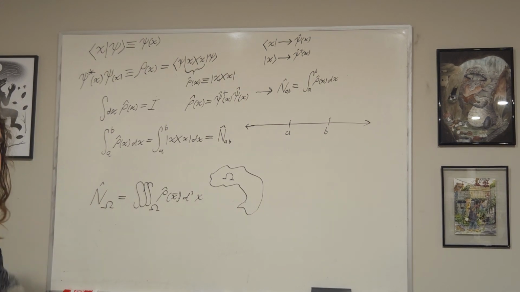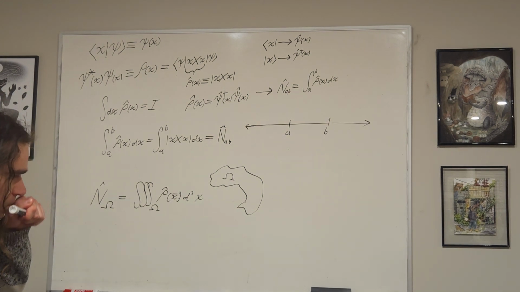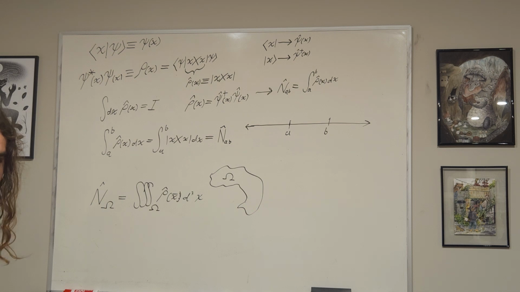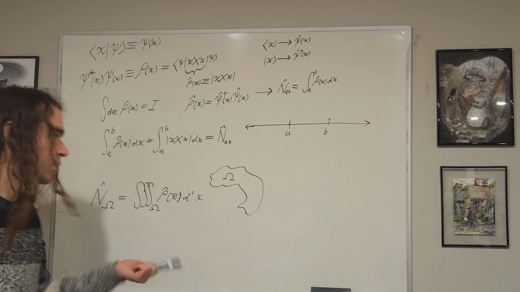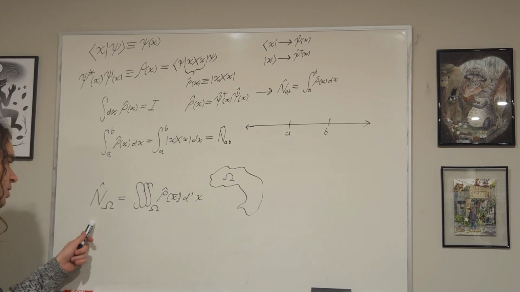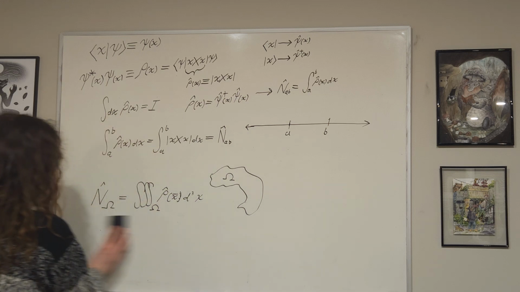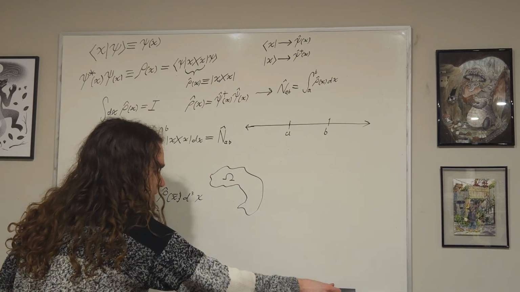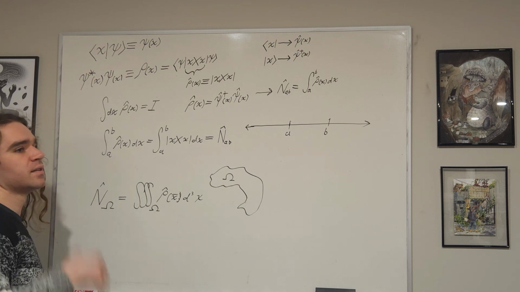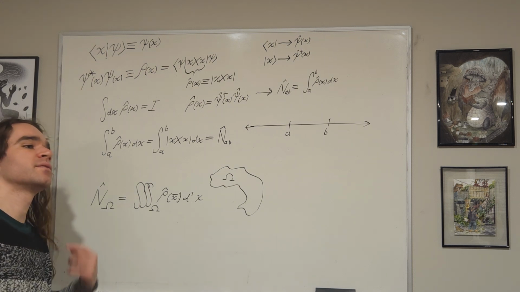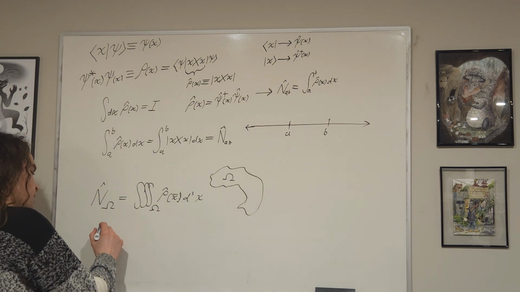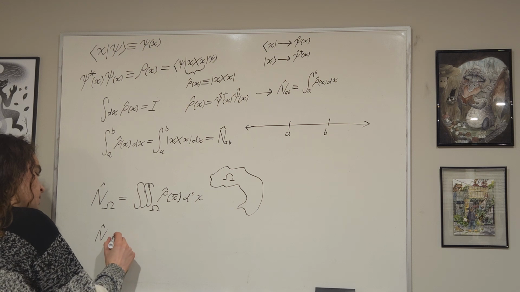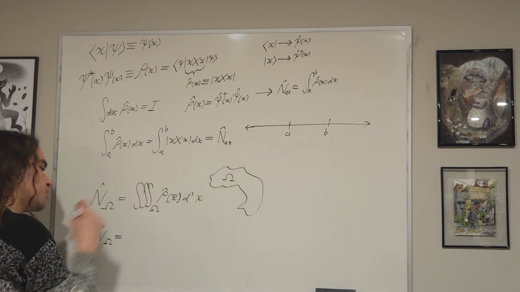As in, n hat is a Hermitian operator, a Hermitian observable, that has discrete eigenvalues, which are the number of particles that could be in here. If it's a 3-particle state, the eigenvalues will be 1, 2, and 3. And if you decompose n omega, you can see that the relative probabilities of each outcome are very, very interesting, right? If you sum it up,